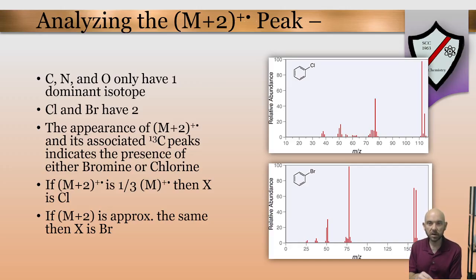I've alluded a few times to a special pattern that you see when you have halogens in your molecules. This is a way that you can look at a mass spectrum of a molecule and know that there's a halogen present. So when you look at a mass spectrum and you look at the peaks at the furthest end of the spectrum, which have the most mass,